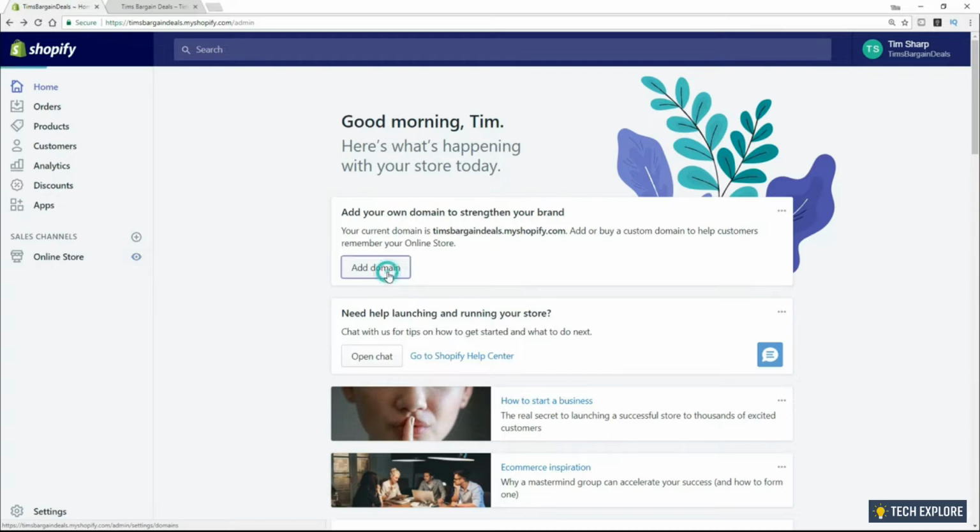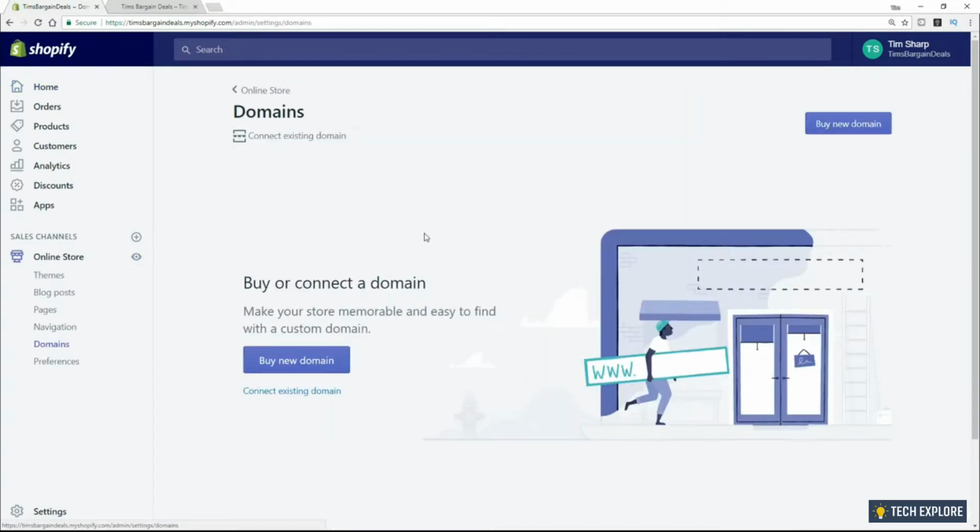And we're going to click on here, add domain. Now, at this point, it's really important to know that you have two options, all right? You can buy a new domain, which is what this big blue button is here, and you've got connect existing domain, which is slightly less obvious for reasons that will become obvious in a moment, all right? Now, you can buy a new domain through Shopify, okay? So if I click on this, buy new domain,